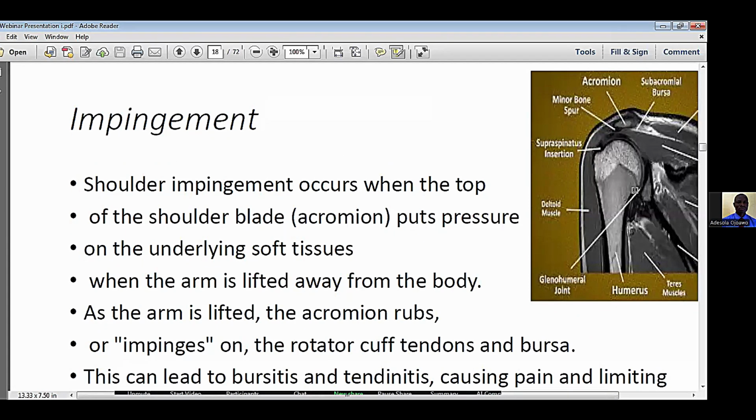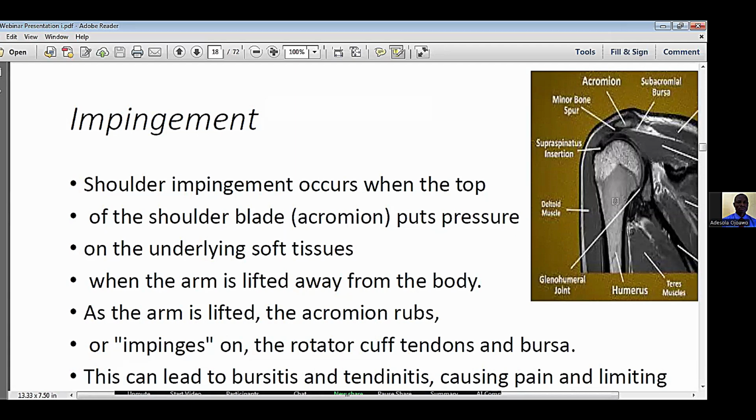People may say it's plantar fasciitis, but when you take the X-ray, you discover that there's a bony spur there. Right? Likewise, there can be a minor bony spur at the shoulder. So when you have a minor bony spur there, no matter what the structure you have at the shoulder joint,